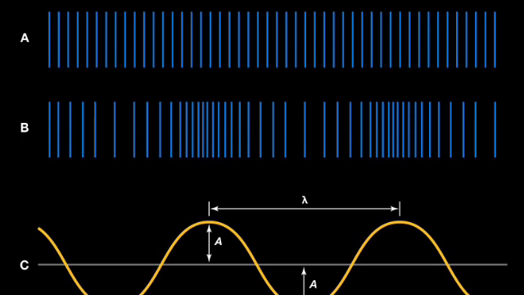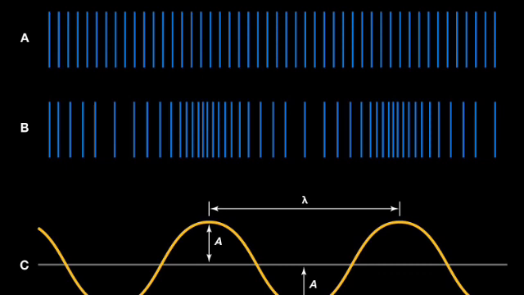The regions where particles are crowded together are called compressions and are represented by the upper portion of the curve. The peak shows the region of maximum compression. Thus compressions are regions of high density and pressure. Rarefactions are the regions of low pressure where particles are placed far apart and are represented by the valley, the lower portion of the curve in figure C. Here a peak is called the crest and a valley is called the trough of a wave.